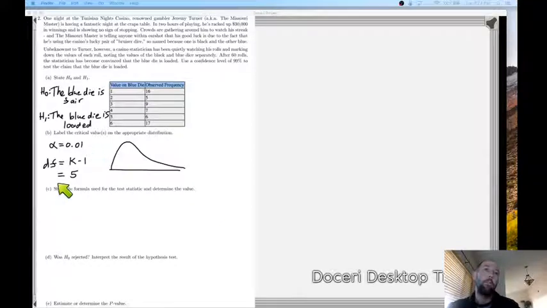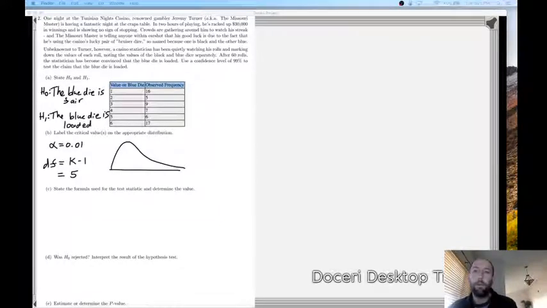Our degrees of freedom for these problems is equal to k minus 1, where k stands for the number of categories. In this case here, the number of outcomes that the blue die can land on, we have the values 1 through 6. So we have 6 possible outcomes or 6 possible categories. And so if we do 6 minus 1, we get 5. And so we're using 5 degrees of freedom on the chi-square distribution with an area in the right-hand tail of alpha being